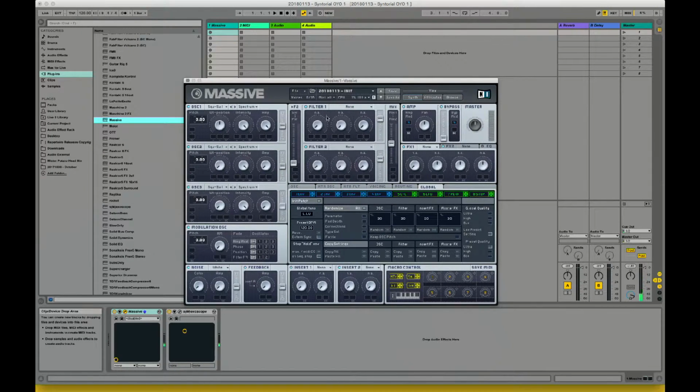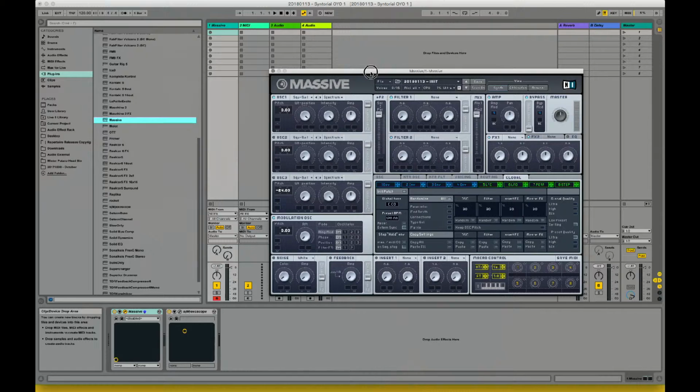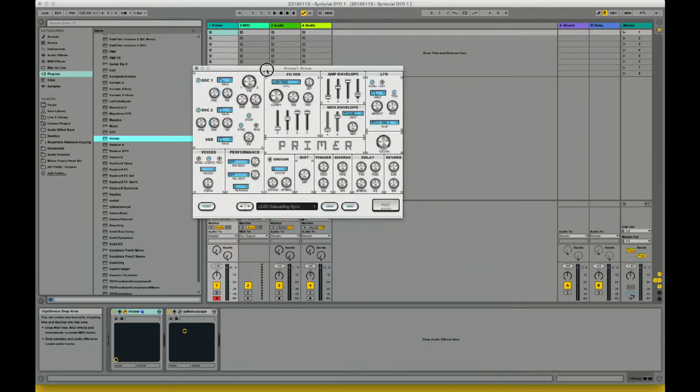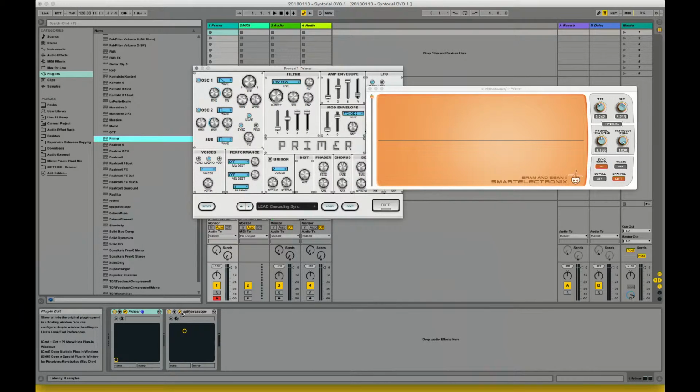I could have just showed you that in the beginning, but that would have been just way too easy. So I want to go to recent and come back to this. One of the things I wanted to show you was some of the differences in these waveforms. I'm not sure that I did the best job explaining it in the first lesson tutorial on YouTube. So I think the best way to do it is to start with Primer, and then you can download this